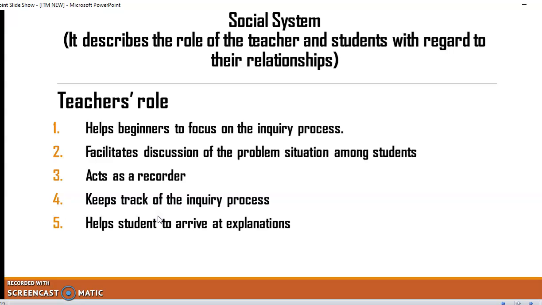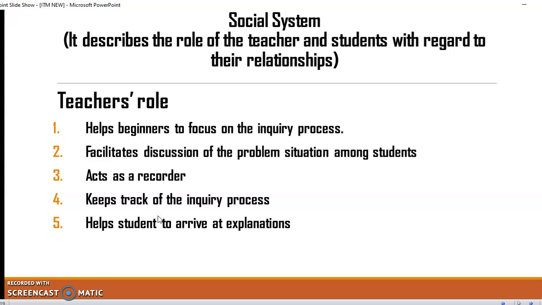Fifth point is to help students arrive at an explanation. Sometimes when a discrepant event is posed to them, most of the time goes in understanding the discrepant event. So a lot of thought process goes into that. Whenever they are at the end of that process, you can help or assist them to arrive at